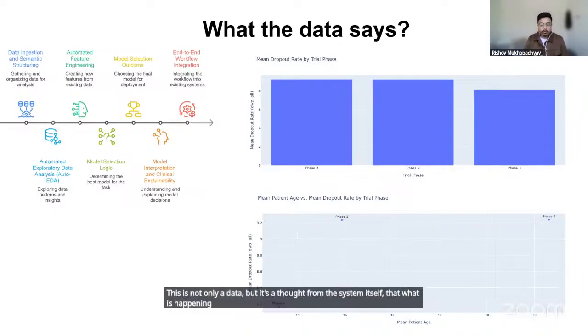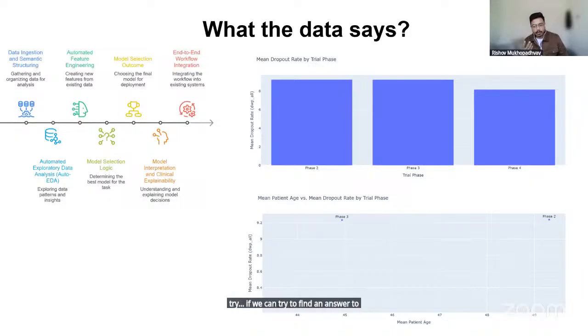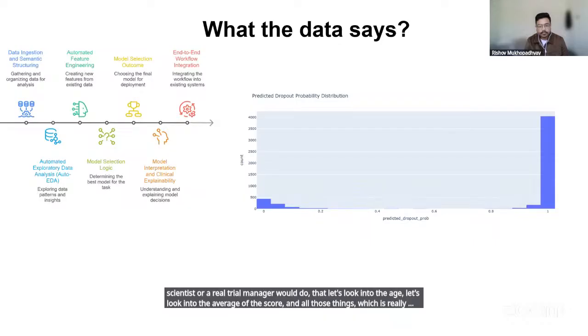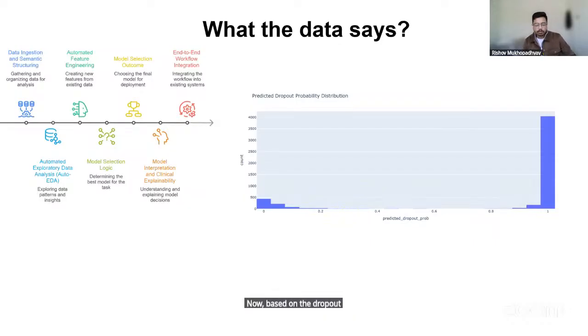And this is exactly how we deal with any data, the scientists, that we try to find patterns, if we can find an answer to the problem upfront. So Torno is actually doing the same thing. It's looking into all the factors that a real scientist or a real trial manager would do. Let's look into the age, let's look into the average of the score and all those things, which is really cool. Now, based on the dropout percentages, it also made kind of a scoring system